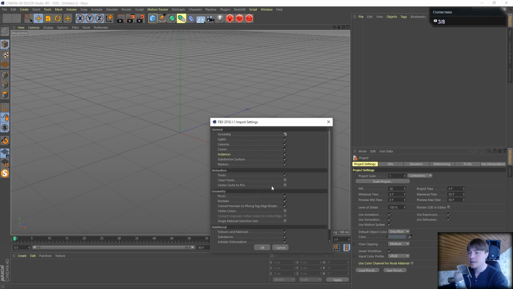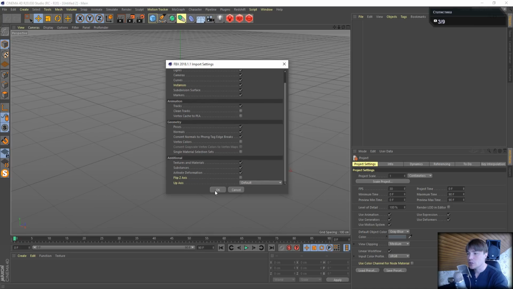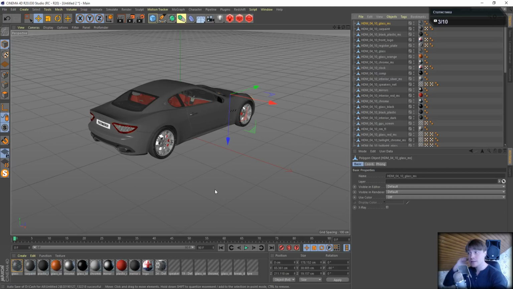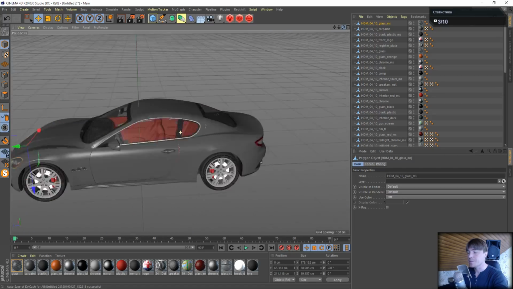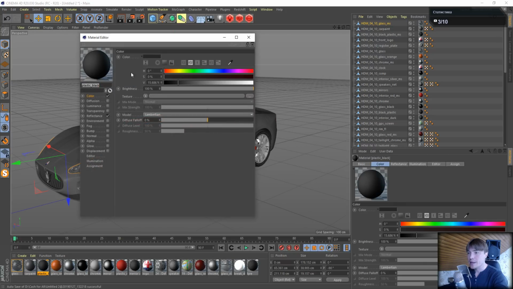Open and just keep it like this. I'll show you one more time. Maybe you have a different one, because you can use some other version, but it really doesn't matter. Just push OK. After that, wait a few seconds and we have this car. As you can see, it's a really nice model, looks very interesting. We have many materials, and if you open any material, this is